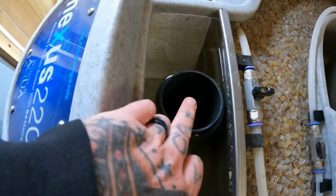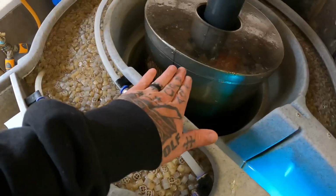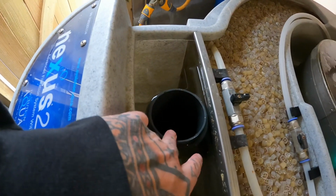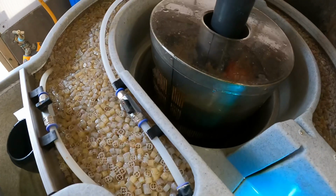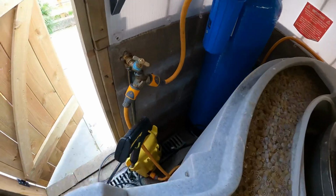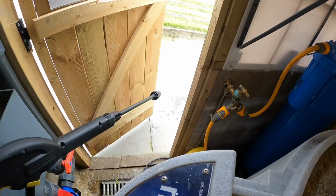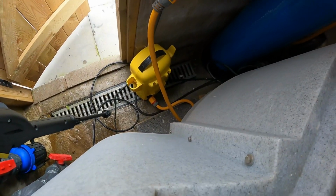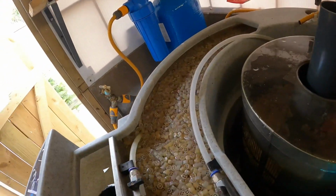Now I do notice I get a lot of muck in that U-bend there. This is the overflow for the central chamber, and I do get a lot of muck build up in there. So I give that a squirt out first, which diverts it back into here. So, secret weapon. Yes. This is a little cheap Karcher pressure washer. I think they're about 60 quid. But what I do is I stick it